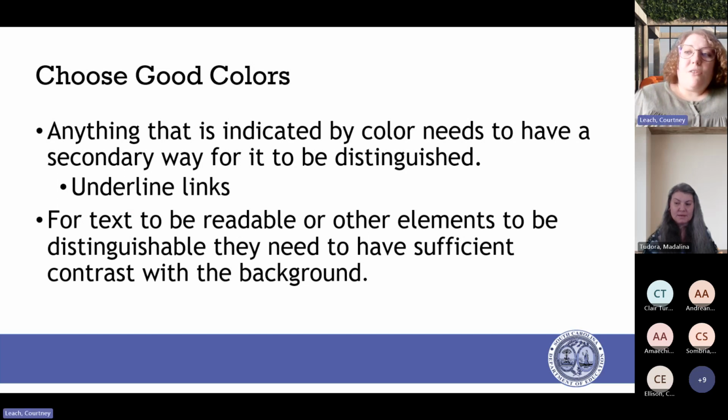Also, for text to be really readable, you need to make sure that all of the elements that you have on the screen can be easily distinguished from the background. So going back to that first image we looked at with the football team advertisement for their first practice, you really couldn't see the information very well because the background was an image.